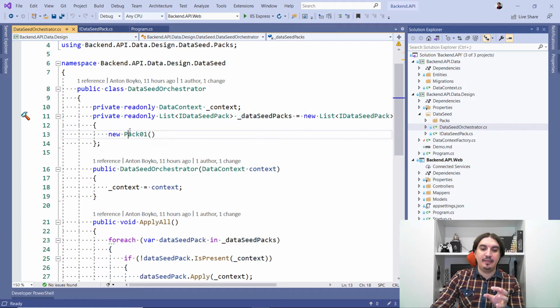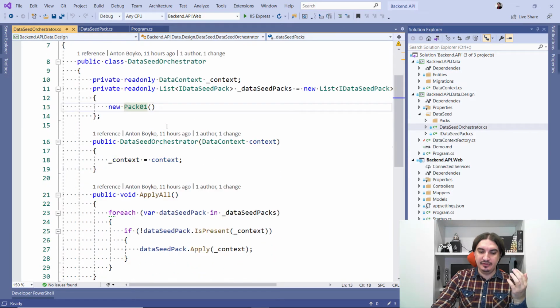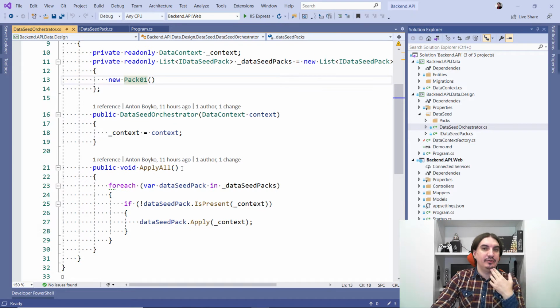Basically Pack01, which I will show you in a minute, is the exact instance of the IDataSeedPack interface. And I can add those packs over and over, any number of them. Then my ApplyAll method iterates through all those packs. It checks for each and every pack whether it is present within this database,